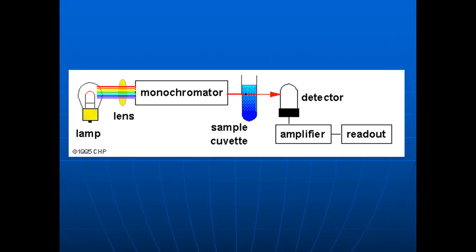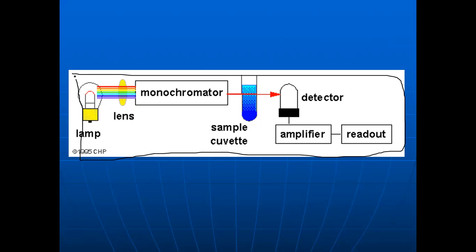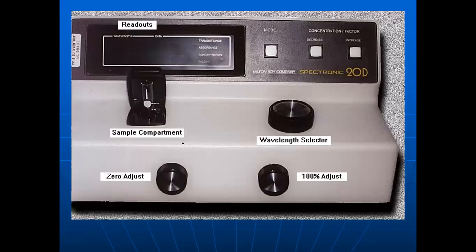What will happen? Some absorption will take place, and some transmission will take place. This transmitted light will be detected by our detector, and it will be transferred to our amplifier. From the amplifier, the data will be transferred to the readout, so we get our data output. This is very simple. Usually, if we're analyzing phosphorus, we follow this type of spectrometer only.